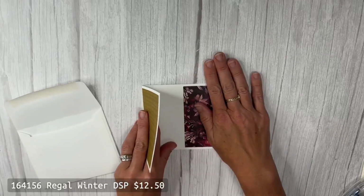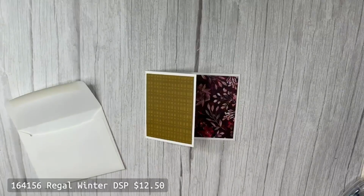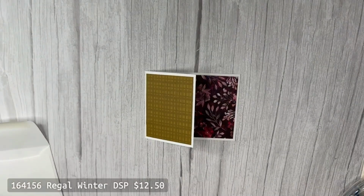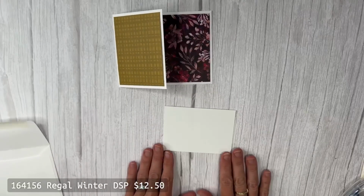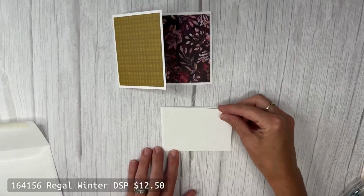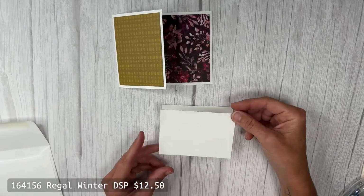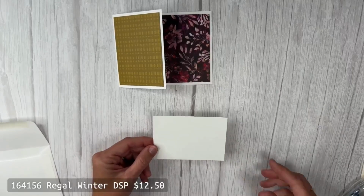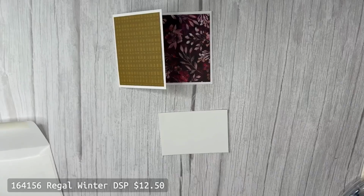All right, let's see here. Then we are going to take some focal pieces that we have. The biggest piece is plain white, and it is 4 1/4 by 3. We cut one piece just an 1/8 inch smaller, so it's 4 1/8 by 2 7/8. So this is the piece we want, the smaller piece. So what I want to show you is,